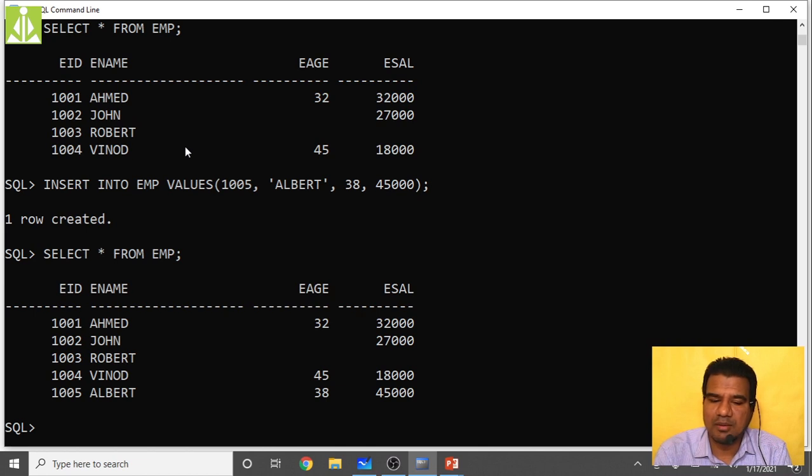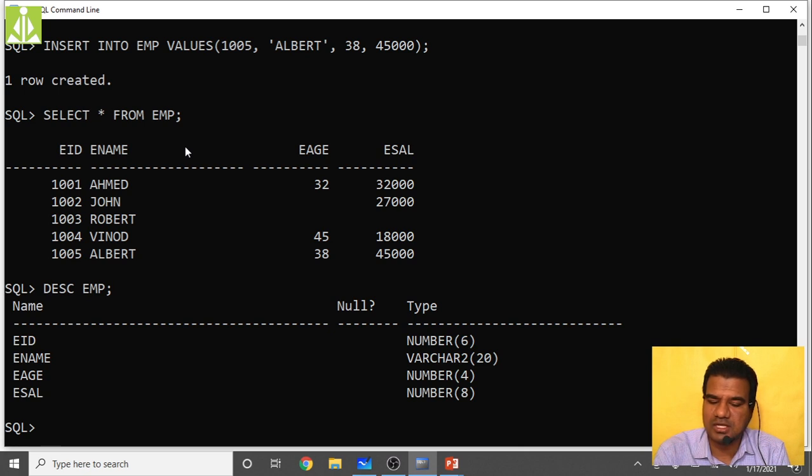Now you go to your command prompt. Same thing you type: insert into employee values of ampersand eid. First you describe the table so that you will come to know what numbers we have and what varchars we have. Because if it is a varchar, a string entry, then we have to use single quotations. So describe employee. Here it is listing the description about the table.